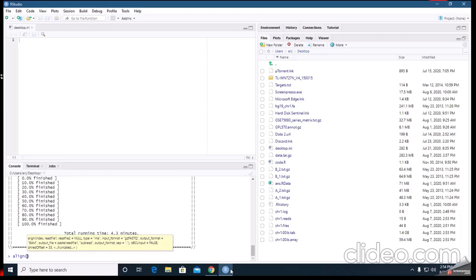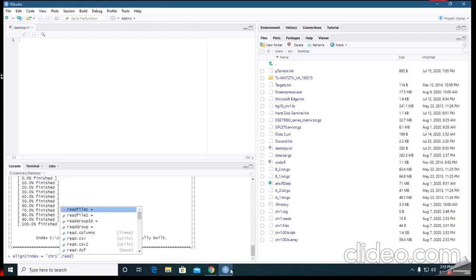And we take the index. Our index, this is chromosome 1. And then we are going to read file 1.